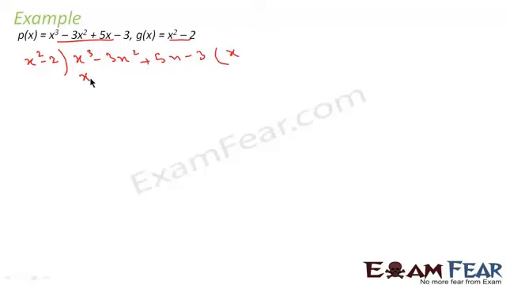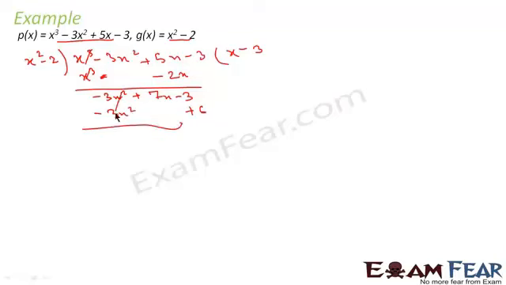So we'll multiply with x to get x cubed. So this becomes x cubed minus 2x. So I'll write 2x here actually, because I just want to write x below the power of x only. This is cancelled. I'll get minus 3x squared plus 7x minus 3. Correct? Now in x squared, if we multiply minus 3, we get minus 3x squared. I want to cancel this, so I'll say minus 3. So I'll get minus 3x squared plus 6. Correct? This is cancelled. So I'll get 7x minus 3.